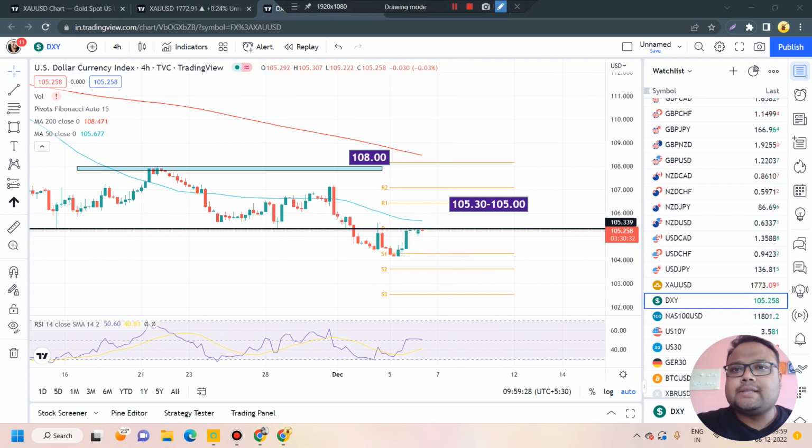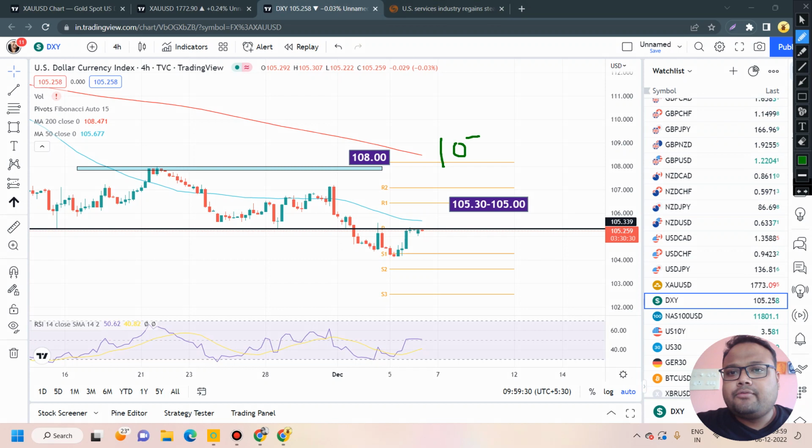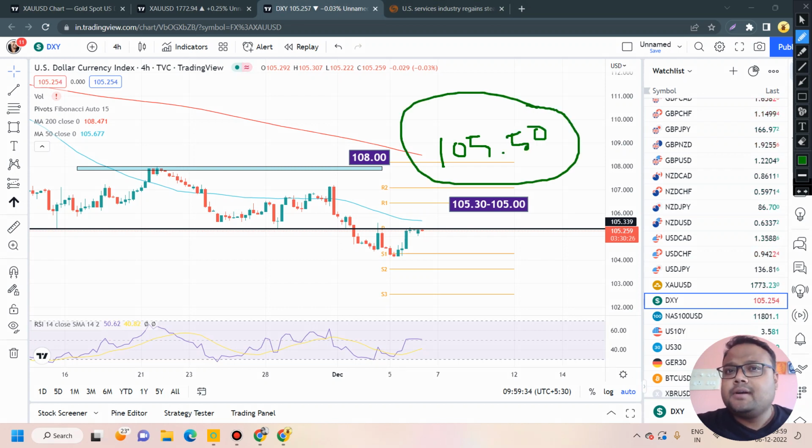If DXY breaks 105.50, then maybe there will be further upside on DXY, further recovery on the chart of DXY, and if that happens to continue, then yes, we will see further selling on the chart of euro dollar, GBP USD, and mostly